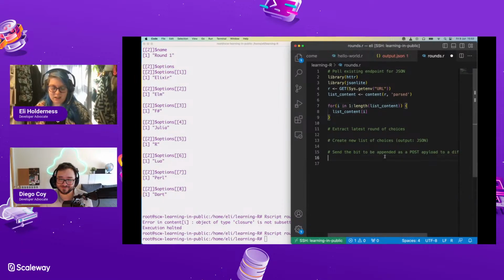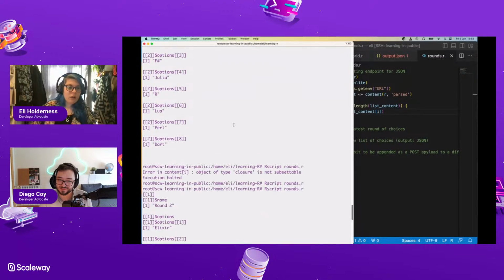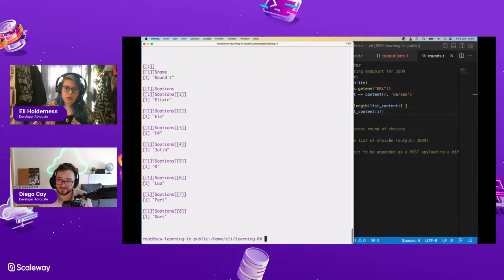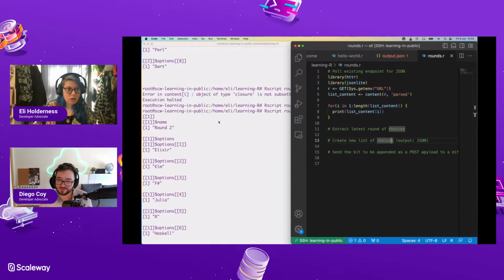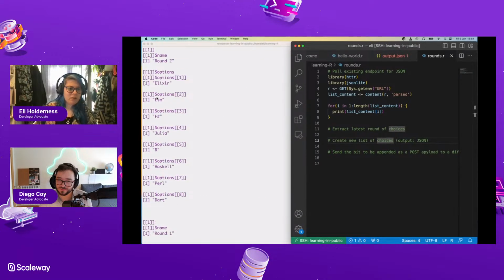Let's see. So why is it not printing things? I know that before it did print. So maybe just saying list content I isn't enough to get it to print. Maybe you actually have to. Yeah, here we go. Okay. That I think is different. It's giving me fewer square brackets, I think, but all the elements still. Oh no, it's not. It's giving me the same number.